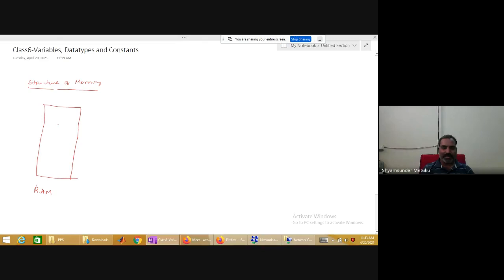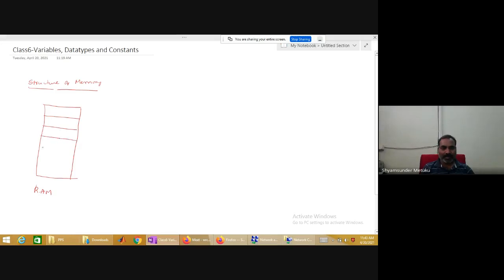That is the reason I'm taking the memory understanding first. Even though in a normal computer system we find memory in terms of chips, to understand programming, in terms of storing the input values and getting the responses into the memory, I'm putting it as a simple representation of a memory.